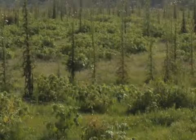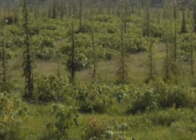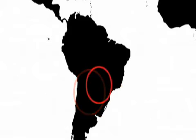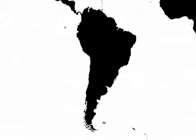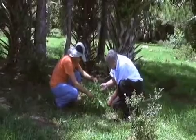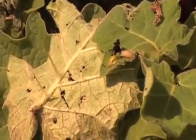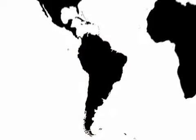And that is something that's really never seen in the native range, which is Brazil, southern Brazil, northern Argentina, and Paraguay. So what we do for biological control is we go back to where the plant came from, in this case South America, and we look for natural enemies that feed on it there. And we select natural enemies which we believe are highly specific and only feed on the plant that we want them to feed on. We bring those insects into Florida, we test them, and then eventually we can release them